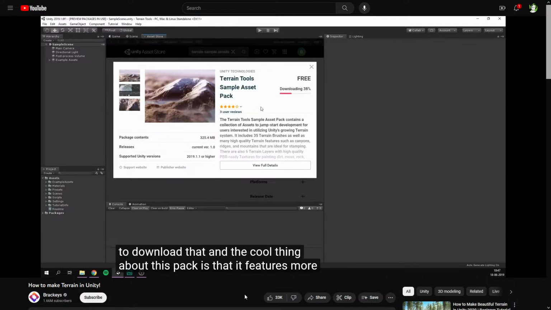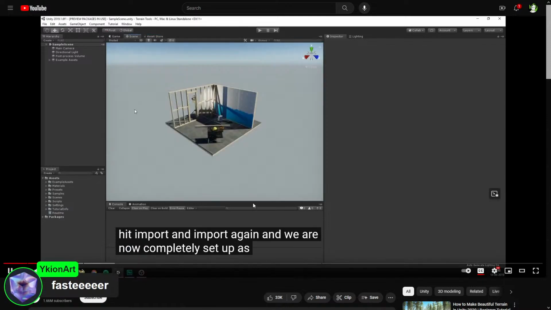The cool thing about this pack is that it features more brushes that you can use while sculpting and painting, as well as some cool sample textures that we can try out. Now let's hit import and import again, and we are now completely set up. As you can see in our assets,